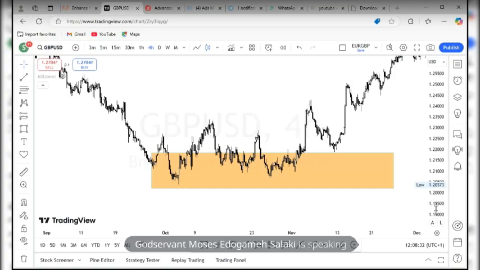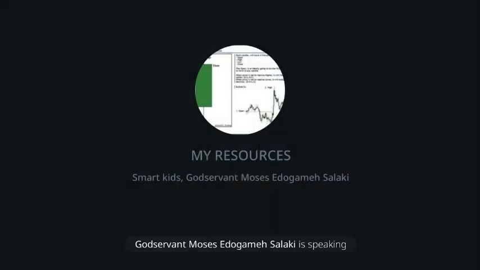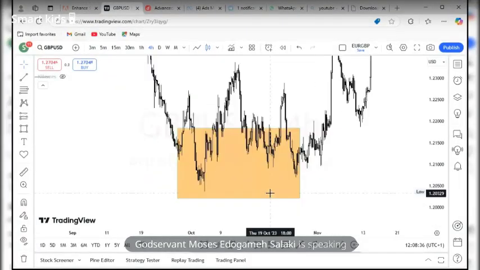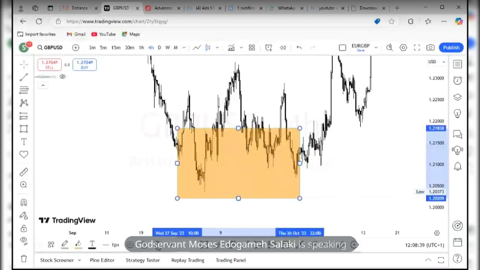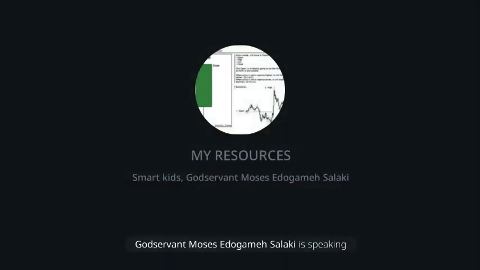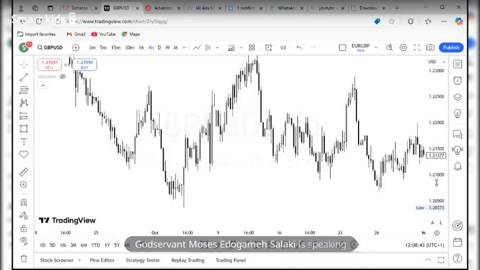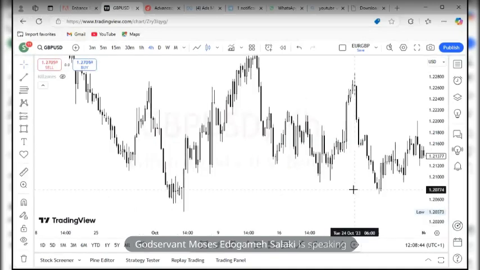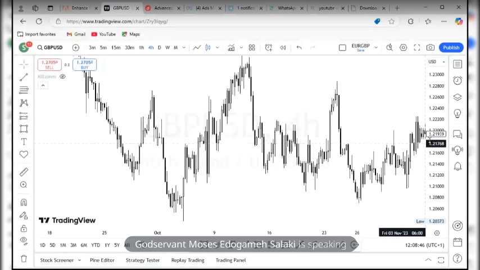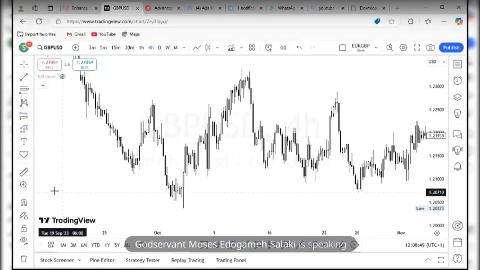So this is my zone on 4 hours. Permit me to take out this so that I have a clean chart. I would want to see on 4 hours, price give me the same formation. What's the same formation? Price gives me this same formation